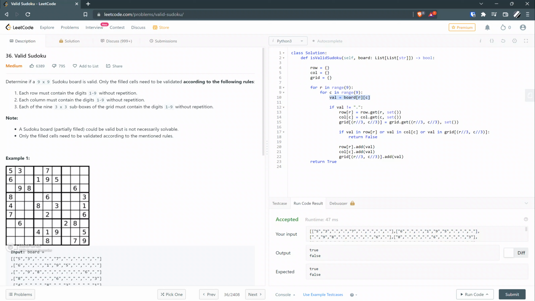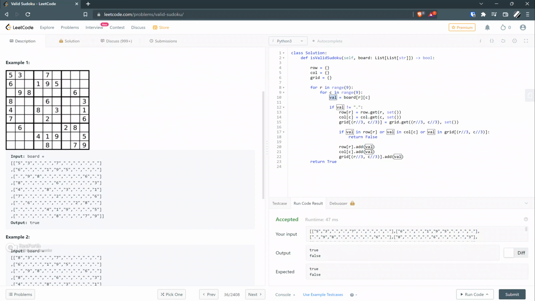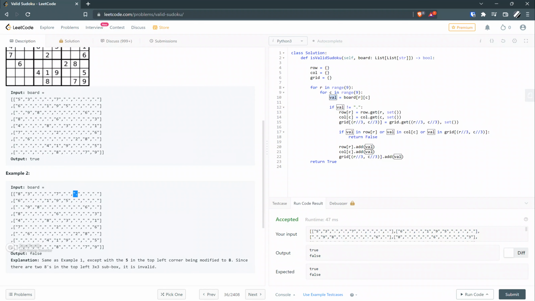अनि त्यसपछि मैले के गर्दैछु भनेपछि, यो बोर्डको त्यो पर्टिकुलर रो र कलमको भ्यालु के छ भनेर रिट्रिभ गर्दैछु, किनभने भ्यालु दुईवटा कुरा हुनसक्छ: कि त 1 to 9 डिजिट हुनसक्छ, कि त यो डट भनेर एम्प्टी स्पेसेस हुन्छ, त्यसलाई डटले रिप्रेजेन्ट गरेको छ यहाँ। सो यदि भ्यालु डट होइन भनेपछि पक्कै पनि त्यो 1 to 9 हुनुपर्छ। भनेपछि अलरेडी ह्यास टेबलमा त्यो इन्डेक्सको लागि के भ्यालु छ प्रेजेन्ट भनेर हामी खोज्छौँ है त। सो त्यो इन्डेक्सको लागि यदि कुनै भ्यालु छ भनेपछि हामी त्यो रिट्रिभ गर्छौँ, छैन भनेपछि डिफल्ट भ्यालु हामी एम्प्टी सेटले इनिसियलाइज गर्दैछौँ, अनि त्यसरी नै कलमको लागि गर्दैछौँ, त्यसरी नै ग्रिडको लागि गर्दैछौँ।